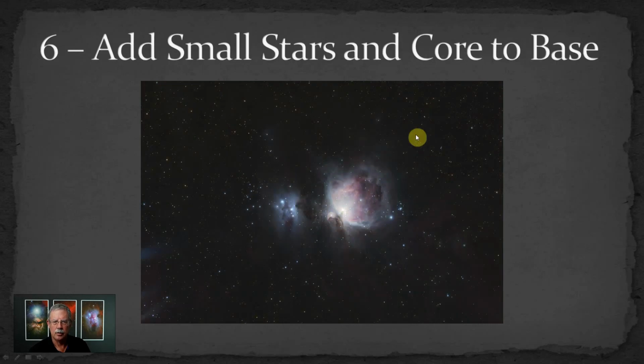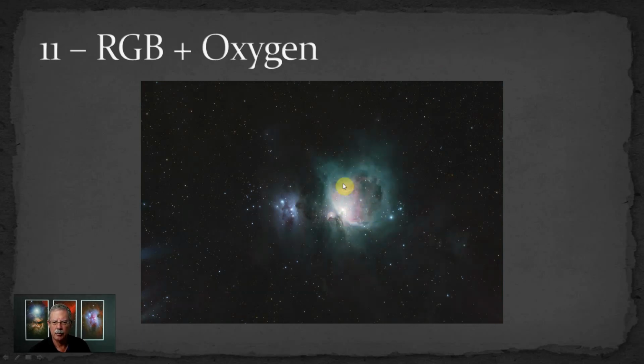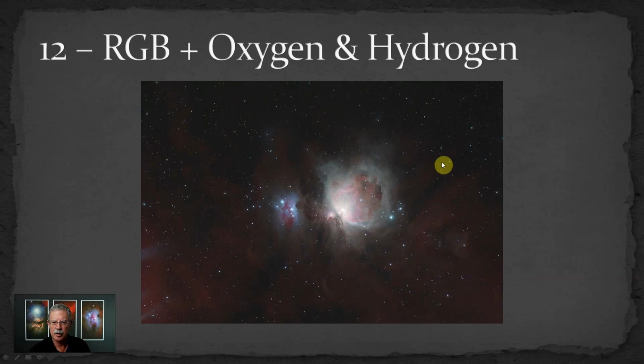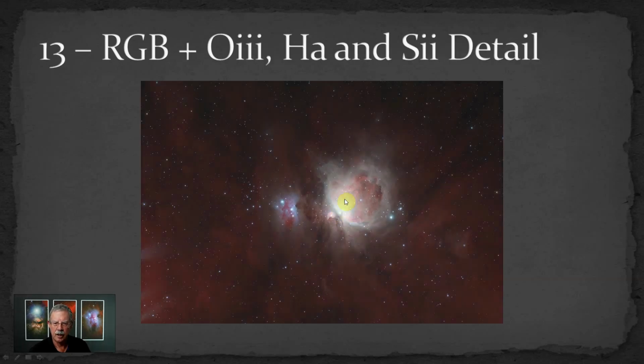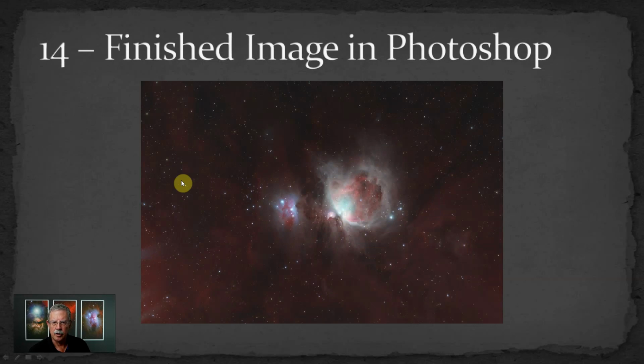We can also go back to our original core and start to bring in some of the goodness from the narrowband images. For instance, we can bring in some of the oxygen in the area around the outside of the Orion Nebula. We can also bring in some of the hydrogen that shows up in the background, and we can even use some of the sulfur data to bring in a little more detail in the bright area and around the trapezium. And I'll do the final edits and color balance within Photoshop,